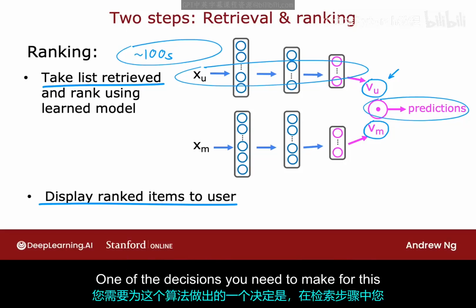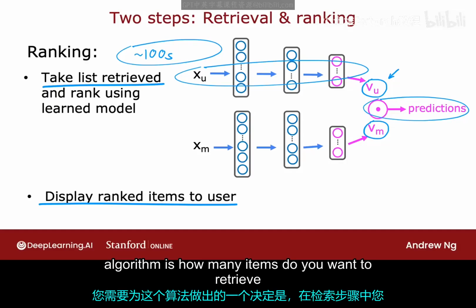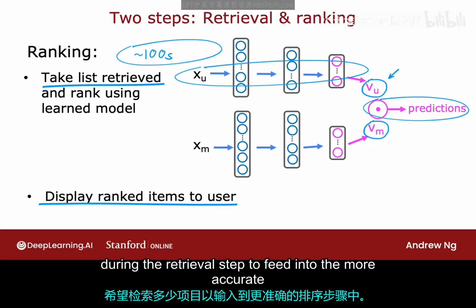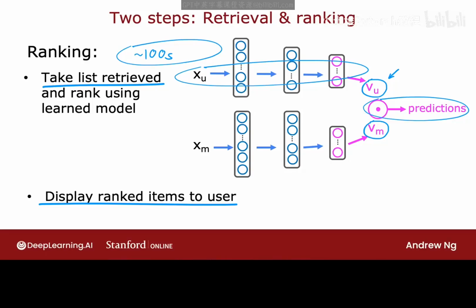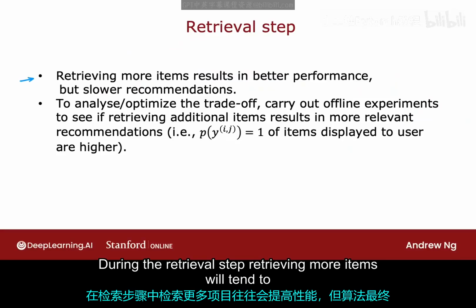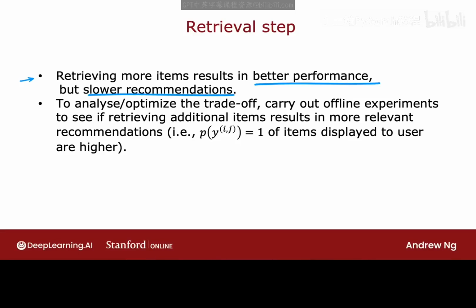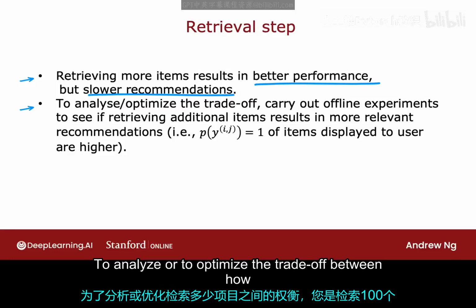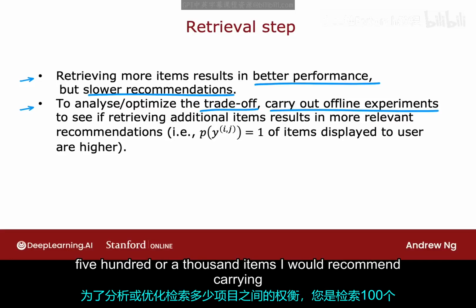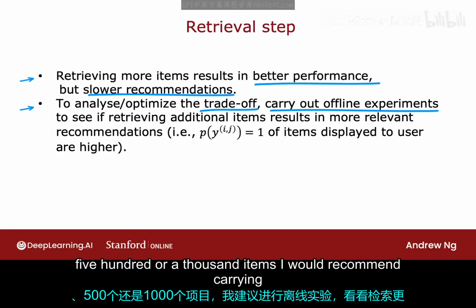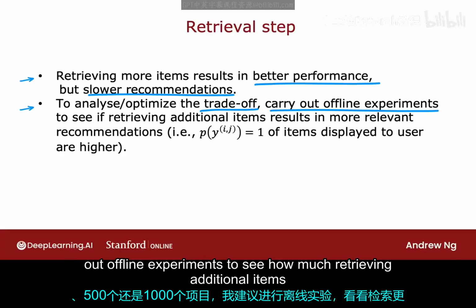One of the decisions you need to make for this algorithm is how many items do you want to retrieve during the retrieval step to feed into the more accurate ranking step. During the retrieval step, retrieving more items will tend to result in better performance, but the algorithm will end up being slower. To analyze or to optimize the trade-off between how many items to retrieve, do you retrieve 100 or 500 or 1,000 items? I would recommend carrying out offline experiments to see how much retrieving additional items results in